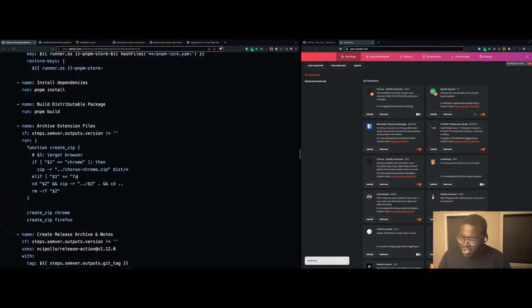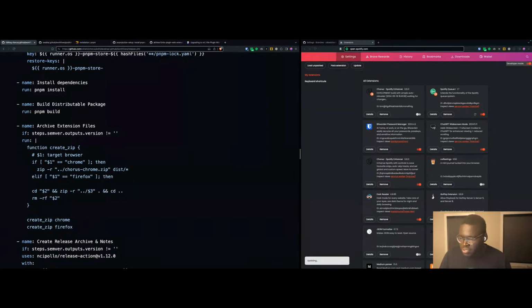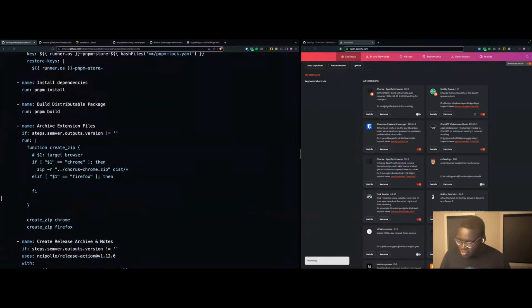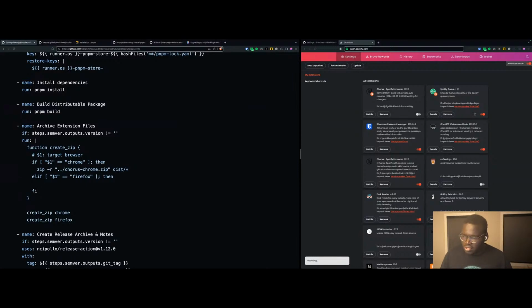I don't know if we even need to have it be an elif, if there should only be two options ever, right? So, how do I end this? Fi, right? Fi. Let me remove this. So okay, if it's this,